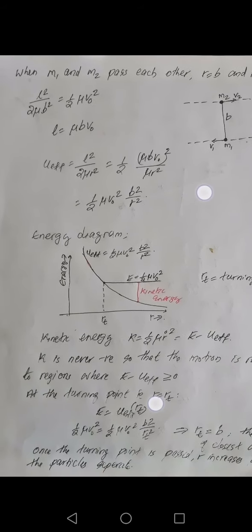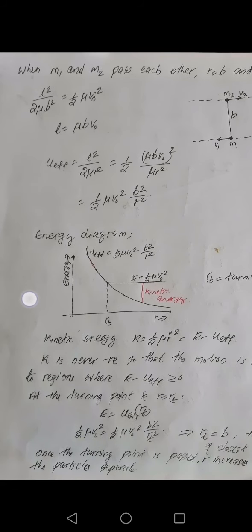So in this calculation, we understood how to calculate the potential energy, the kinetic energy, and the energy diagram. The energy diagram gives a lot of information: when the system will be bounded, when it will be set apart, and which regions it can move in.